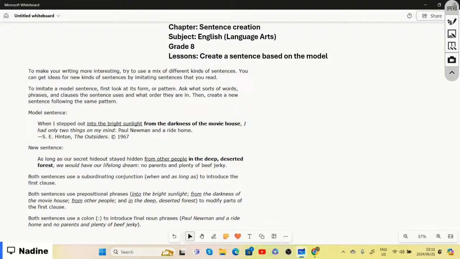And if we were to now create a new sentence based on our model sentence, right, then we can say, as long as